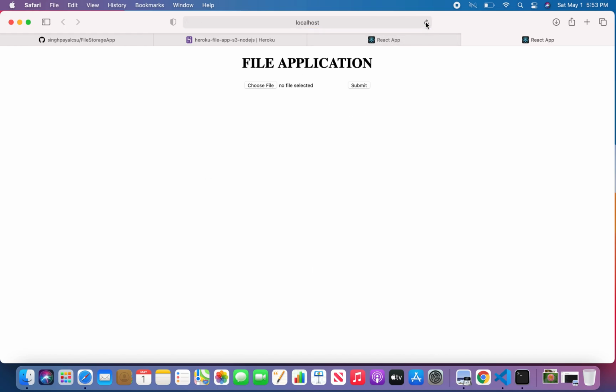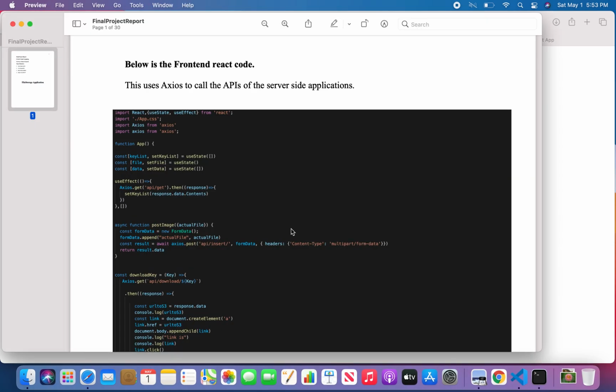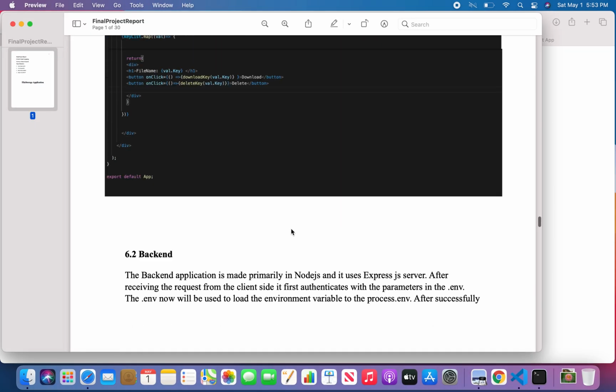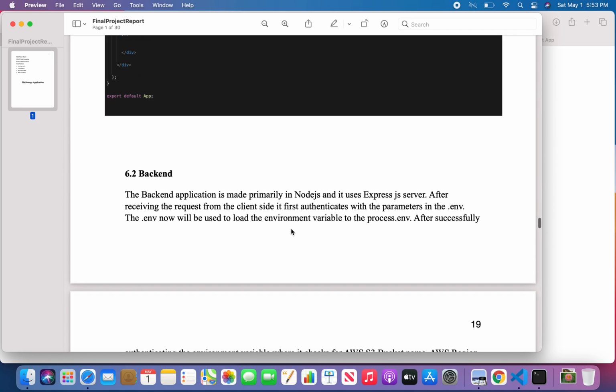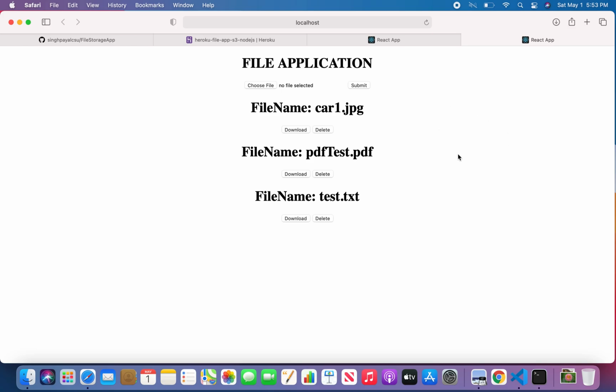So let me refresh. Yeah, you can see my file has been deleted from my S3 bucket itself. So I have already shown you running on localhost. And one more thing, it takes a bit of time to go to the S3 bucket and perform the action. Sometimes it takes 1 second or 2 seconds, such kind of thing.